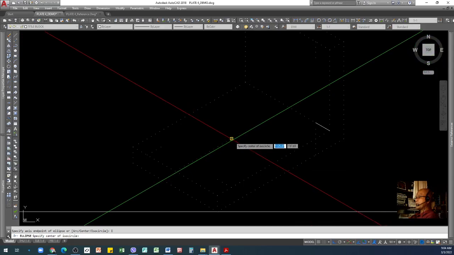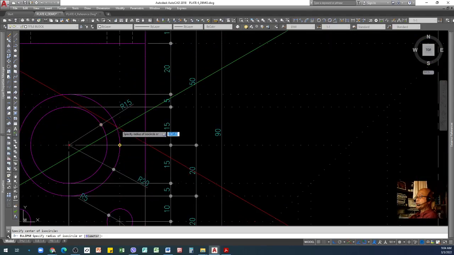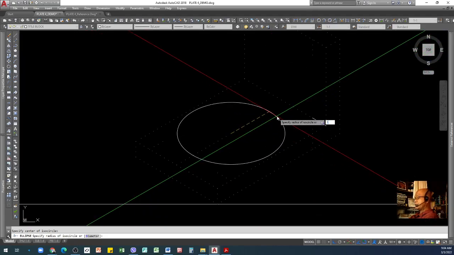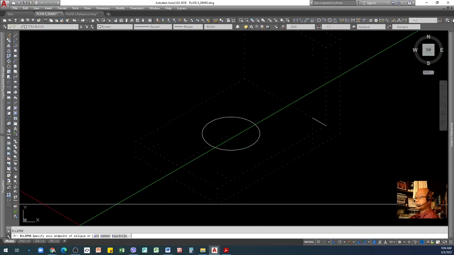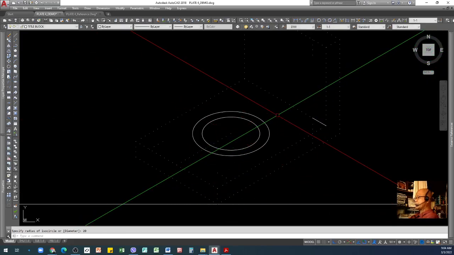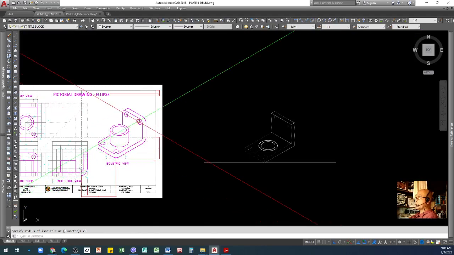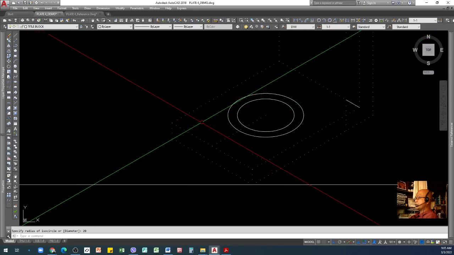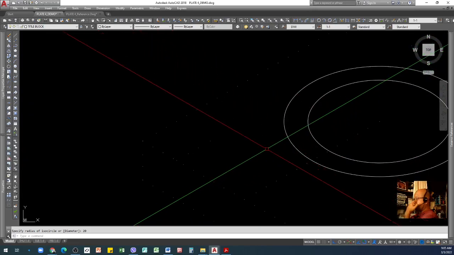The center of our isocircle is this one, and how much is the dimension of our circle? 15 and 20. So I can enter 15 like that, and then I need to repeat the ellipse. I type again I for isocircle, and then center, and then I will enter 20. So that's the base of our tube here, setting on this L-shaped base. Now we need to draw another two ellipses here, which have the radius of 5.